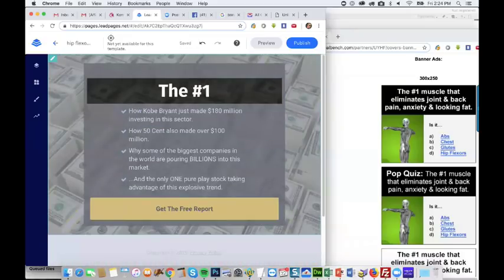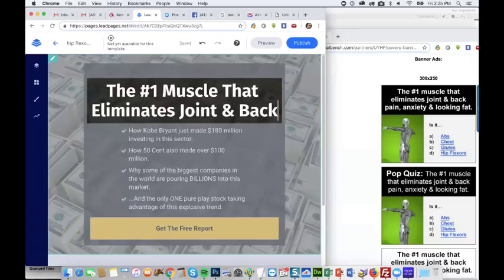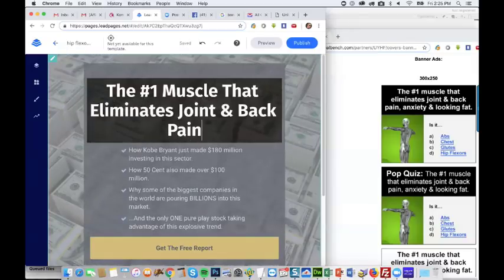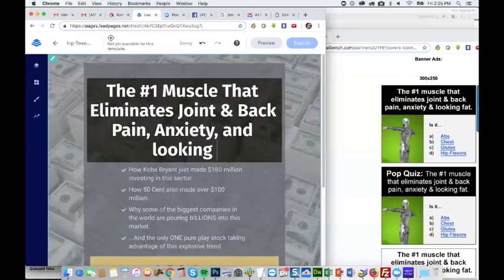Number one muscle that eliminates joints, back pain, anxiety, and looking... Now, I don't want to use the word fat because, again, that's kind of a trigger word